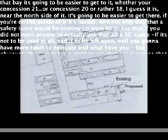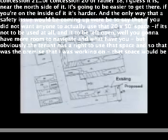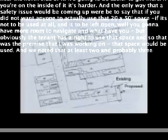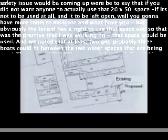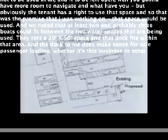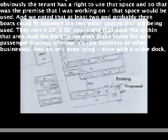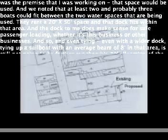The only way that a safety issue would come up would be if you did not want anyone to actually use that 20 by 50 foot space, if it's to be left open, well, you can have more room to navigate. But obviously the tenant has a right to use that space, and so that was the premise I was working on. That space would be used, and we noted that at least 2 and probably 3 boats could fit between the two water spaces that are being